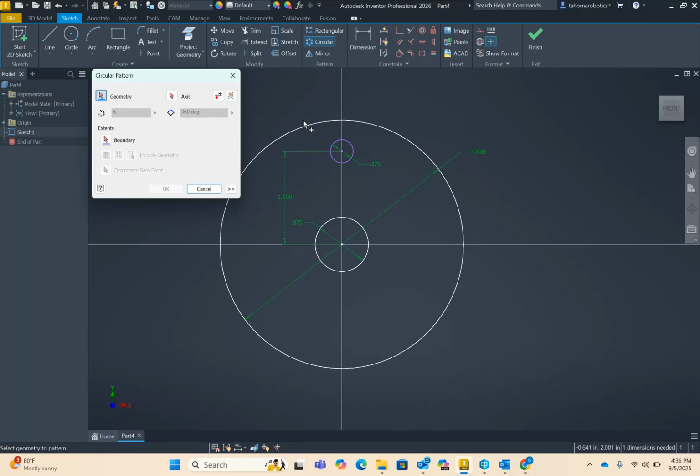Now that that is placed, I can get a pattern by clicking circular. Under geometry, I can click the circle itself, and then under the axis, if I click this, I can choose any circle that has a center at the origin. So I can click this circle here, or I can click the origin. It does not matter because they all share the same central axis. And then I can click, and it basically gives me,